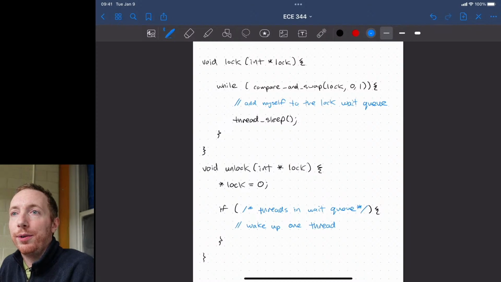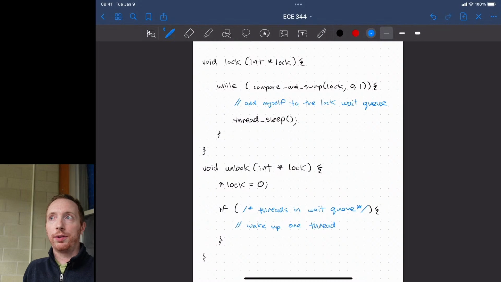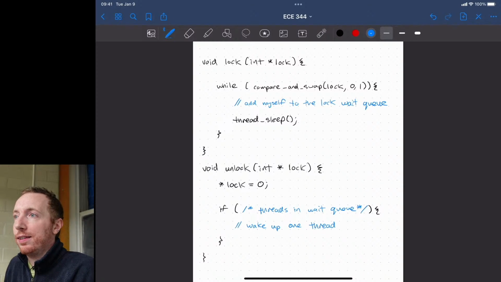So looking at this code, the first thing we'll try to identify is a lost wake up. A lost wake up means that a thread gets put to sleep and it never gets woken up. If you want to go with the real life analogy, the thread essentially gets put in a coma,